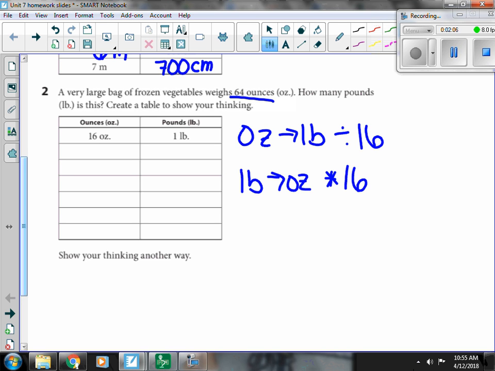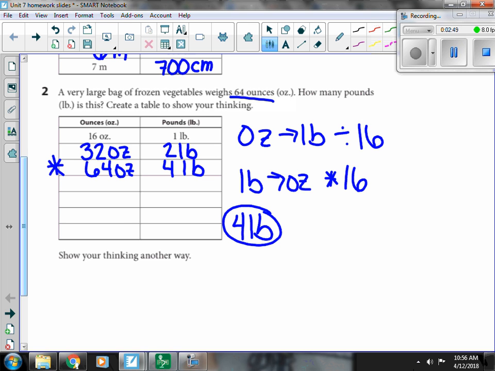Or I can use kind of my doubling tricks as I go through. So I can say that 2 pounds, if I double 16, I get 32 ounces. And then I'm going to just keep doubling as I go down my table. So my table is going to look a little different. I could do 3, 4, 5, 6, 7, but I like my doubling strategy because it makes bigger jumps. So if I double 2 pounds, I get 4 pounds. And so I can either do 4 times 16, or I can double 32 and get 64 ounces, which is the exact amount I was looking for. So I know that there are 4 pounds